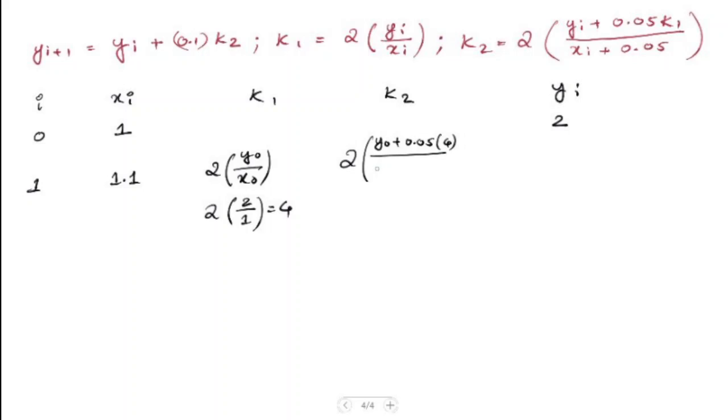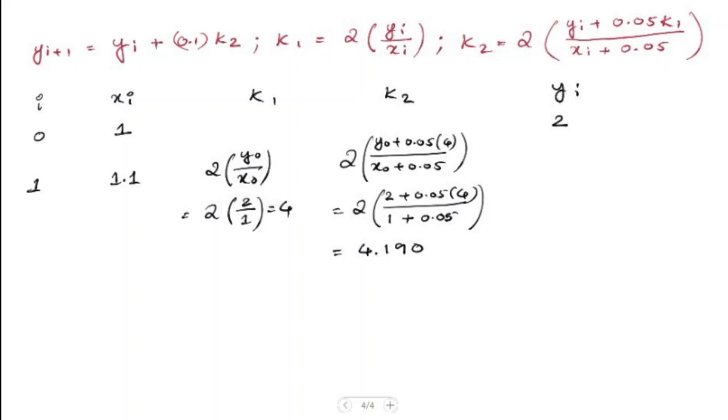Divided by x0 plus 0.05. So we can write that as y0 is 2 plus 0.05 times 4 divided by x0 is 1 plus 0.05. And if you solve that, you will get the value as 4.190. So I am taking the values in this question here up to 3 decimal points,